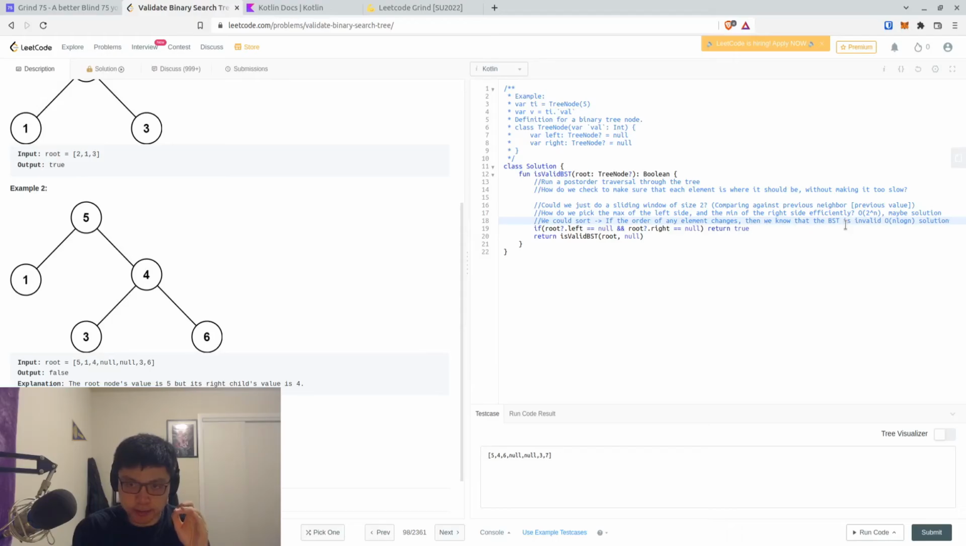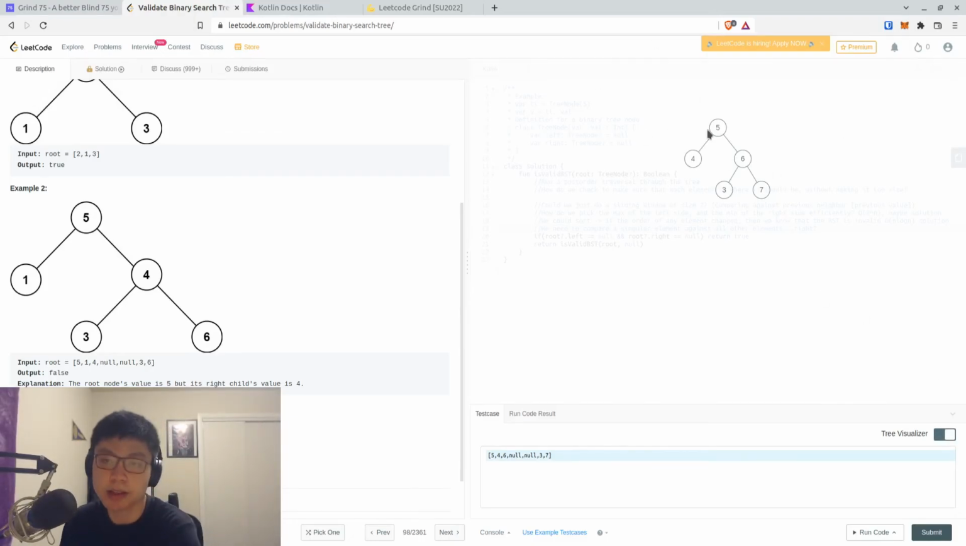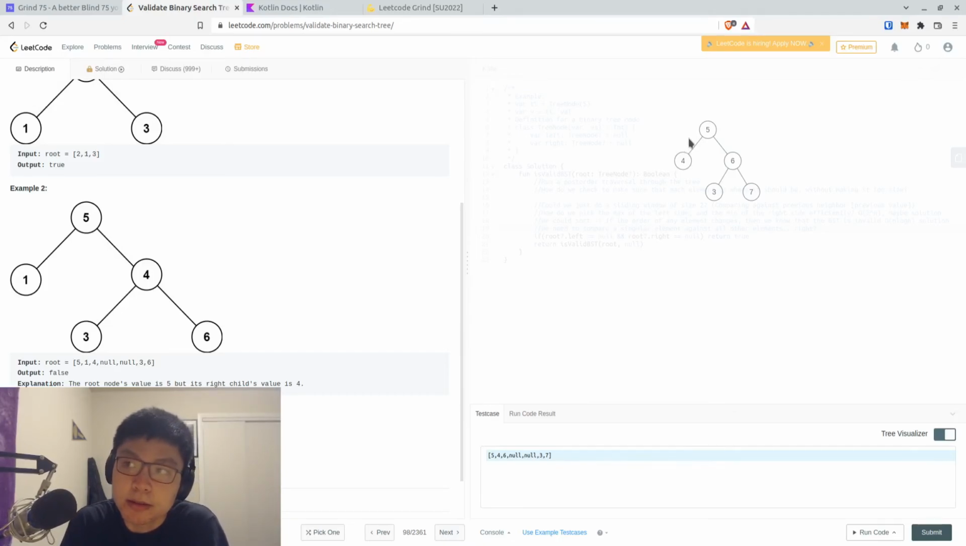Because we need to compare a singular element against all other elements, right? We need to compare that when we run a binary search tree like this. We compare the 4 against the 5, but we also need to make sure to compare it against the 3 or the 6, 3, and the 7, right? Because if the 4 is larger,